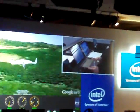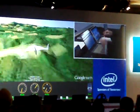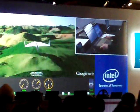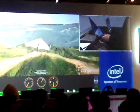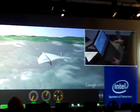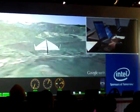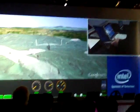So we've got a sensor that we added to the Ultrabook. So first of all, when you need to pick a location, it will not ask you where you are and you need to put in your address, it will be done automatically. But more than that, if I take it, and I believe this is Google Earth, I can navigate it and use all the great compute power that you've got, an i5 and i-core, and I'm not sure that many other things will be able to deliver such an application, and at the same time, enjoy both worlds. So we can see over here, and again, you'll be able to try it later on, how the sensors are